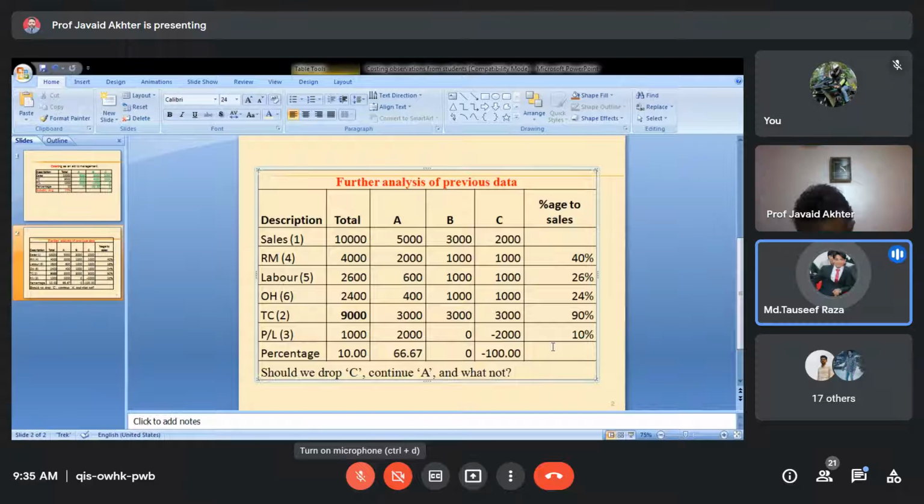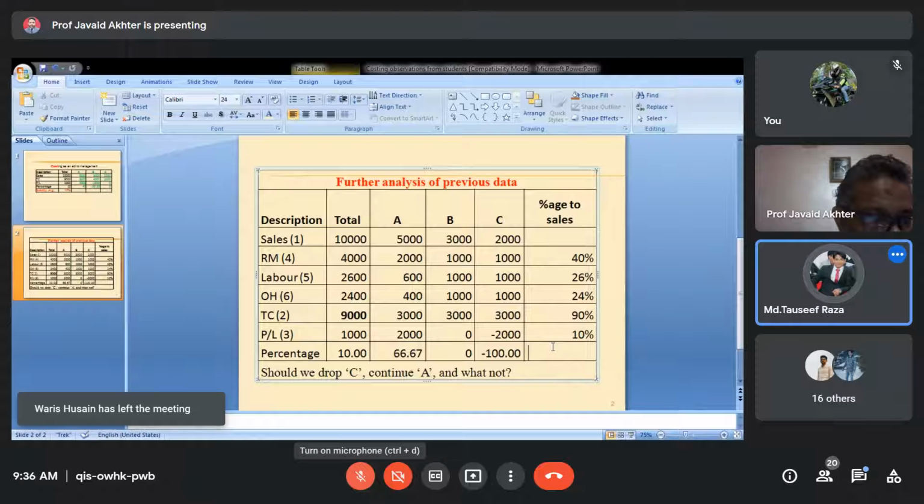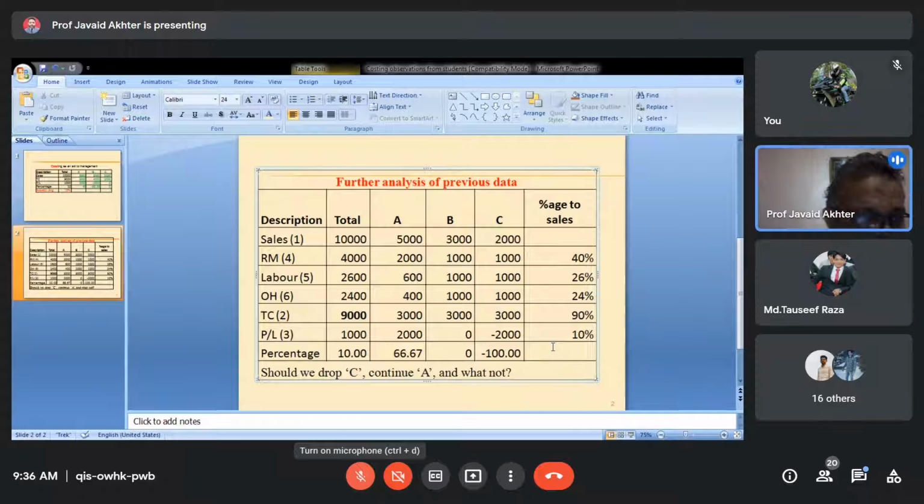So the company will not drop that product. Why? There are certain products that work as a complement product. We are producing the mobile phone and headphones, and the headphones are making losses in that product, but they are still producing that as they enhance the sales of that product. So we can say that they can never drop that product, either they are making losses or profits. But at the same time,